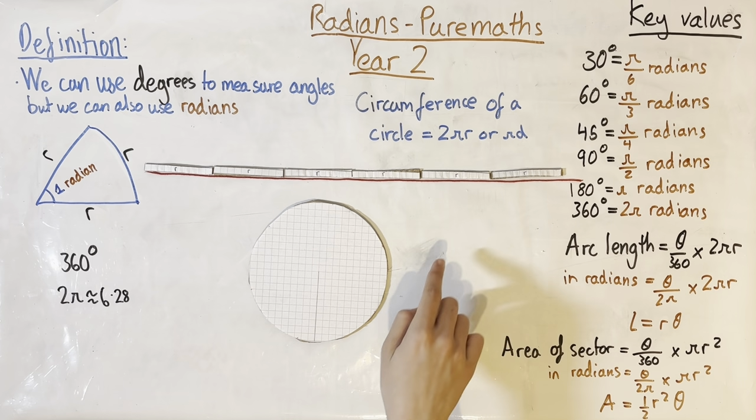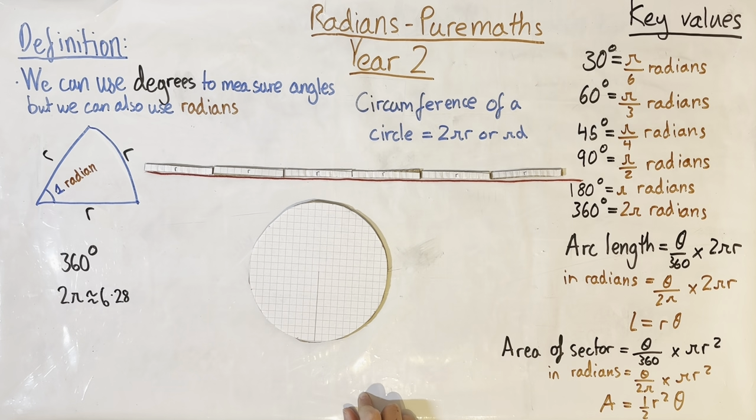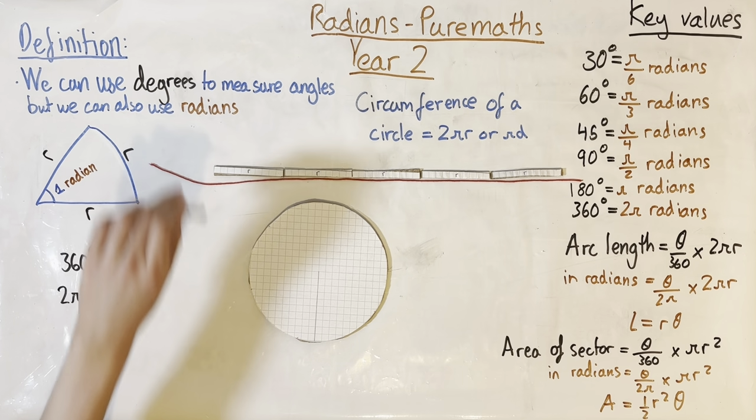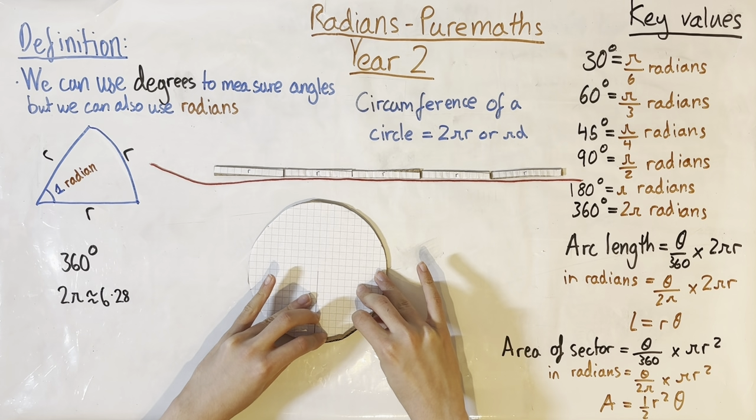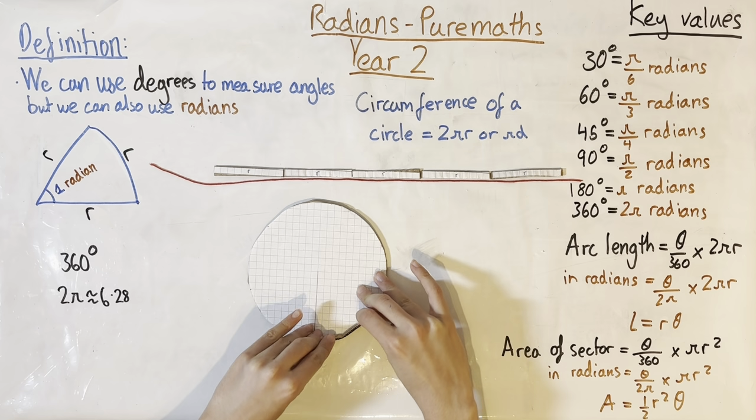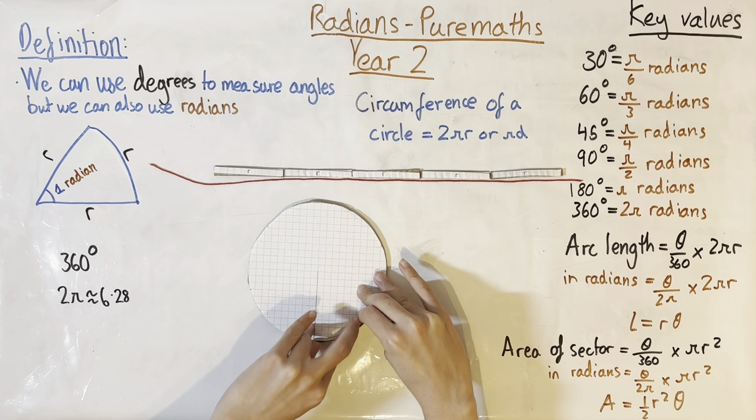So now that we've shown that the circumference of a circle is 2 pi r, the reasoning for how mathematicians got the exact value for pi is something that maybe can be covered in a later video, but for today we'll just show that the circumference of a circle is 2 pi r. Now, when we have a radian, what we're essentially doing is we're taking a radius like this. This is 1 radius, and we're taking this radius,